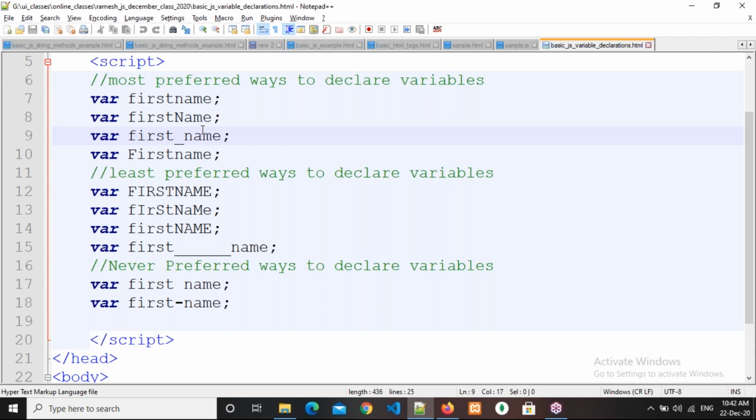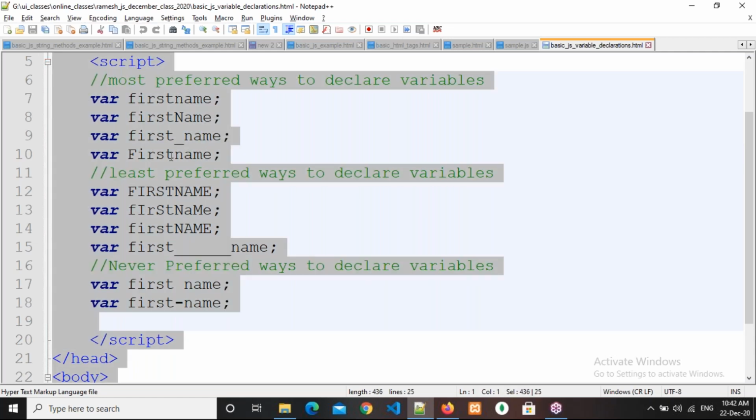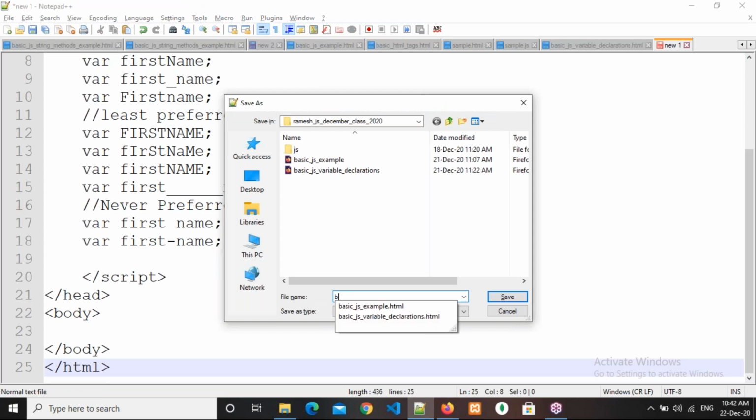Okay, right. Now see here. Mahendra, your screen is sharing. Everybody is seeing my screen, right? Yes, sir.